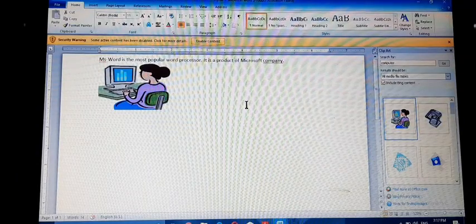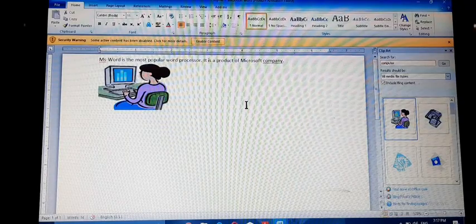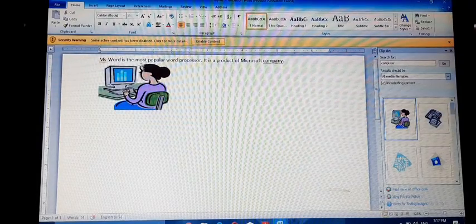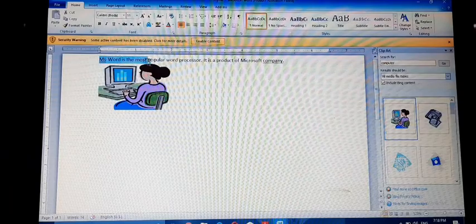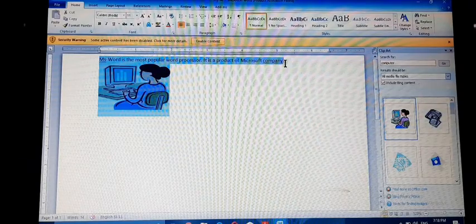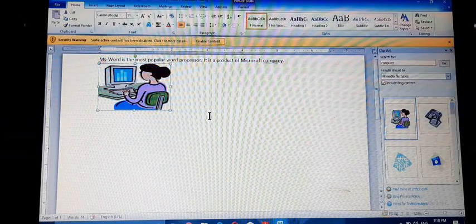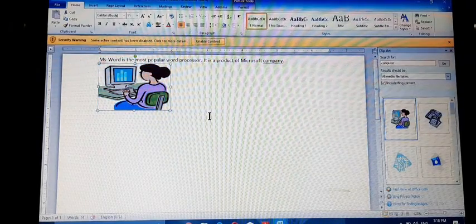Now this portion of the file we have already saved, but any modification we have done needs to be saved again.